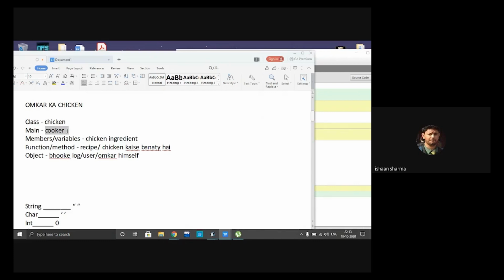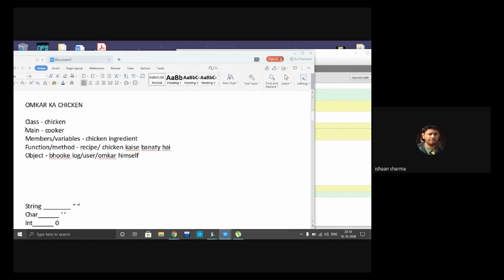The point of understanding is that the cooker is the part, or the stuff, where you actually put in all the things and cook something.